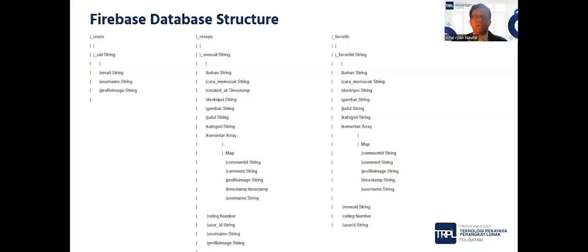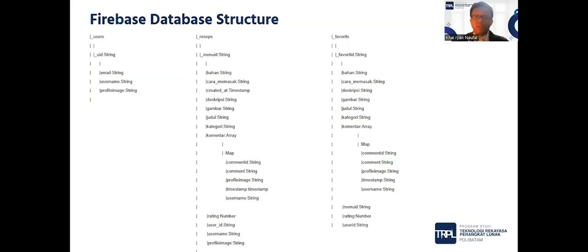A map is kind of like an ID. We tried to use a string, but we cannot add any field in the array, so we use a map so we can add fields. In each map, we have a comment ID string, comment string, profile image string, timestamp, and then username string. And then we have a rating number, user ID string, username string, and then profile image